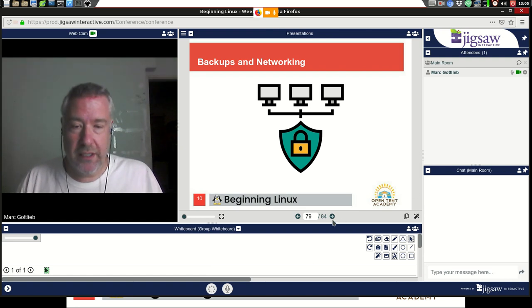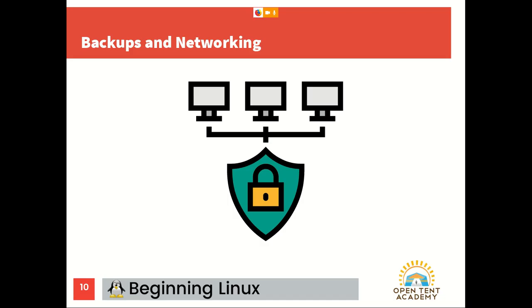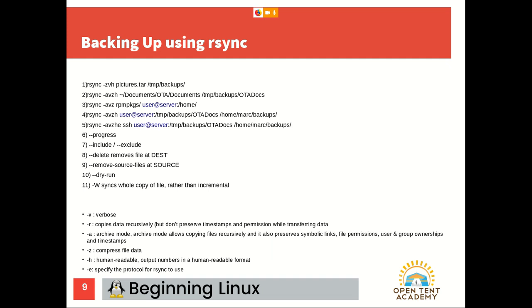The first slide, you can't read anything here on the screen, so that's fine. I've flipped it over so you're watching on the video. Now you can see what it is that I'm actually looking for you to learn. So rsync, remote synchronization, is a tool that is used to send files from one place to the other. It has a number of different flags that we use. They're listed at the bottom.